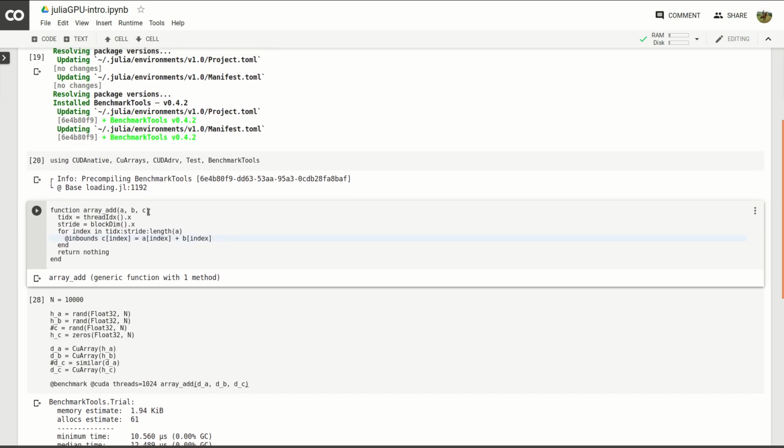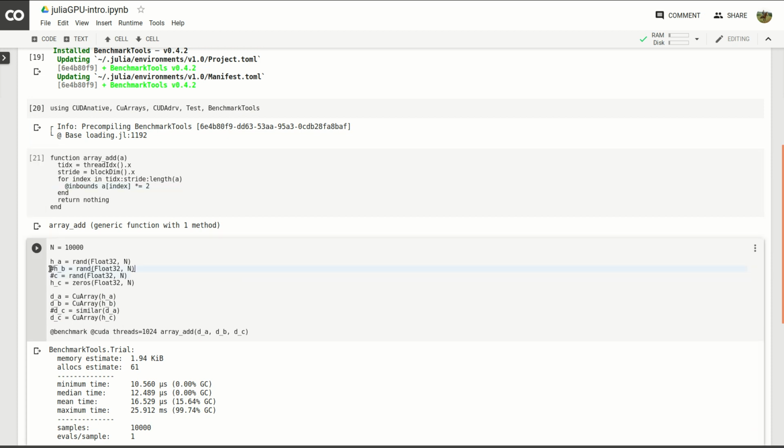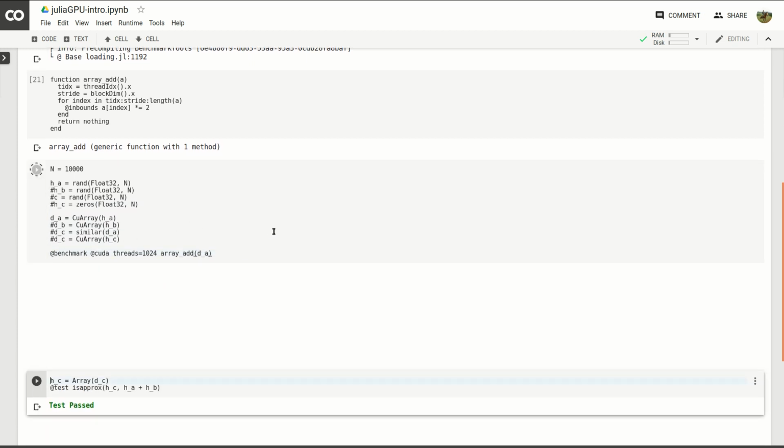Let me just show it to you. I'll just remove that entire thing. A of index into equals 2. So I'm just multiplying each thing by 2. And I don't need this. I need that. I need this. I need this. One of these. So if I call that,